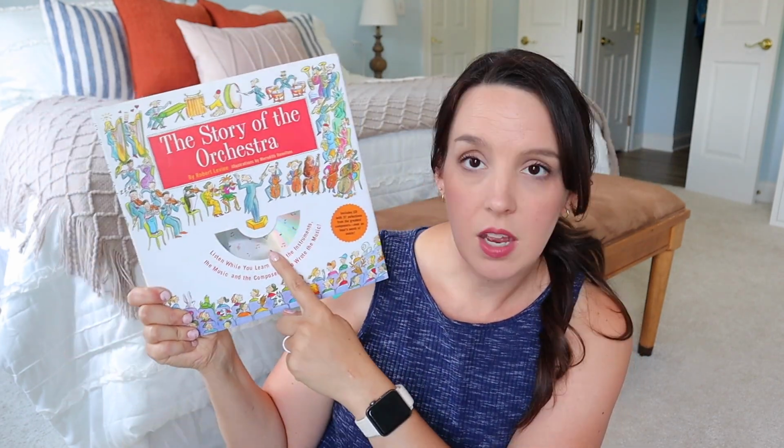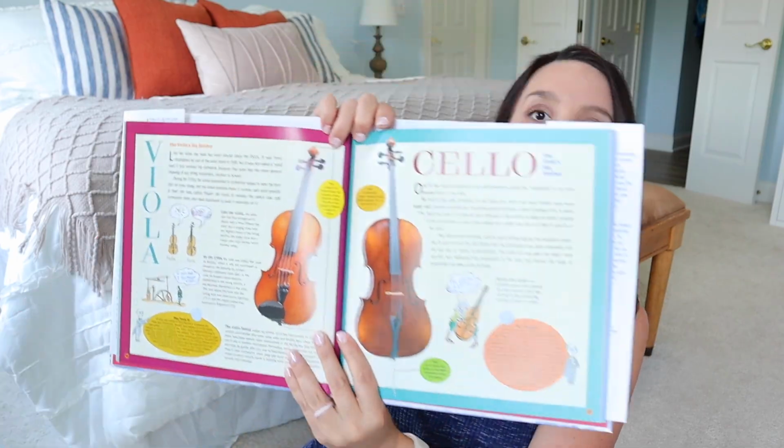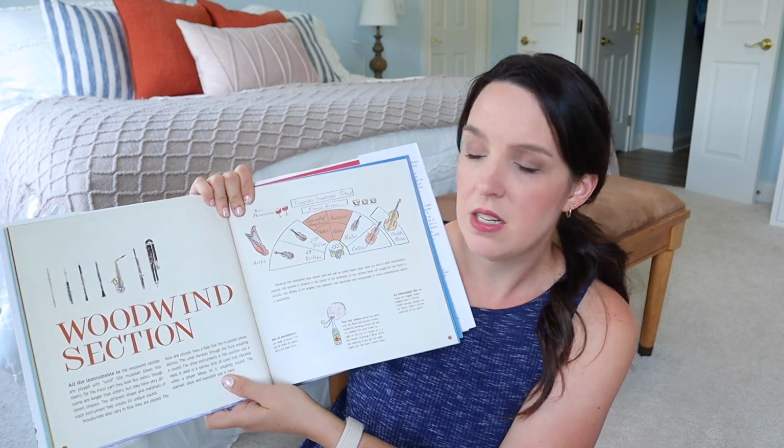Another book that I can pull from for this is The Story of the Orchestra. This comes with a CD. Again, I've had this for a long time. I hope if it's still available, I will link it down below. But this has 37 different pieces of music from composers. It's an hour worth of music, and I love this because it's a great introduction not only to composers, but also to instruments. Again, this is just great exposure for my kids to learn about different instruments, see pictures of them, and get a basic history of when they were invented and what kind of music they play, how they fit into the orchestra, where they sit, that kind of thing. So again, just another fun book that I can spend 5 minutes reading from and introduce them to composers, orchestra,